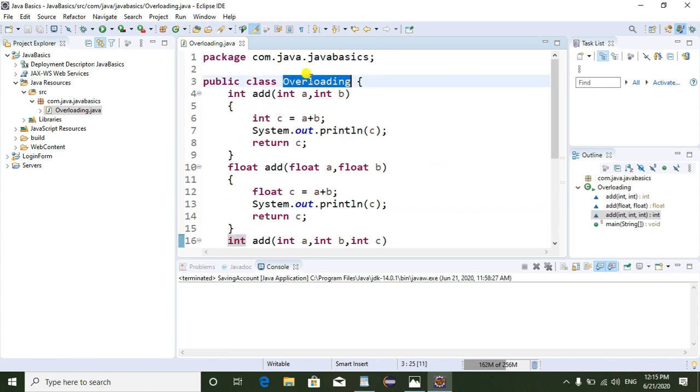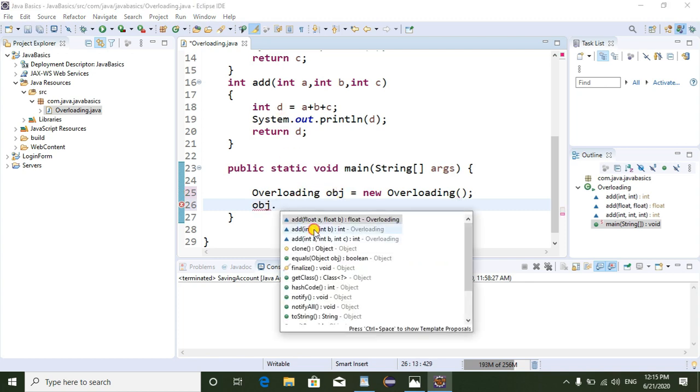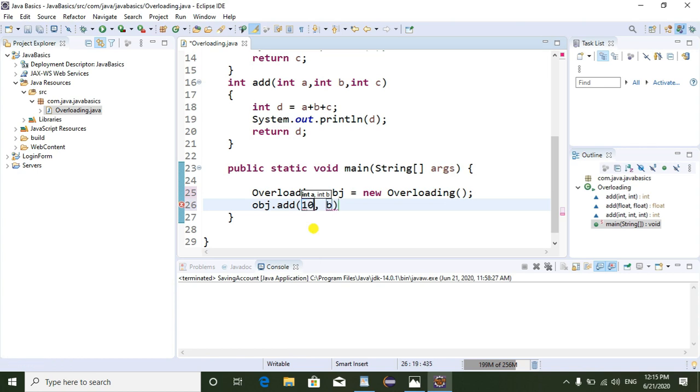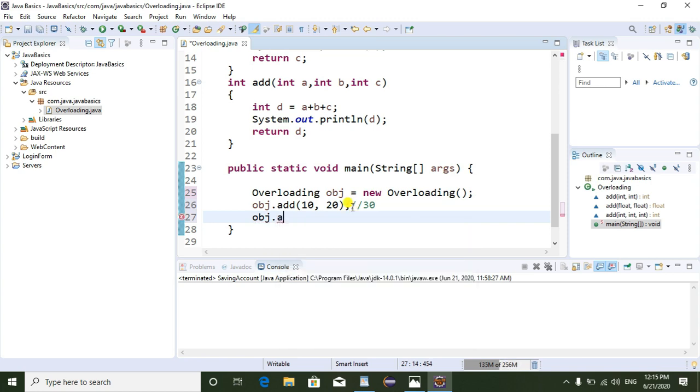So now I am going to create the object of the overloading class, object equal to new overloading. So here I am going to call the first add method. Here I am adding two integers, I am passing 10 and 20. So the output should be 30. Next I am going to call the float add method.